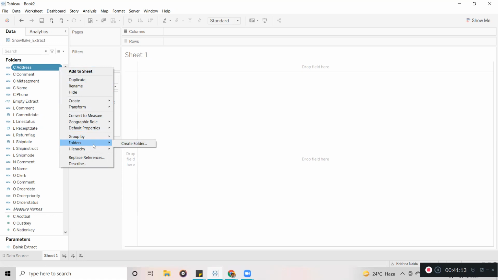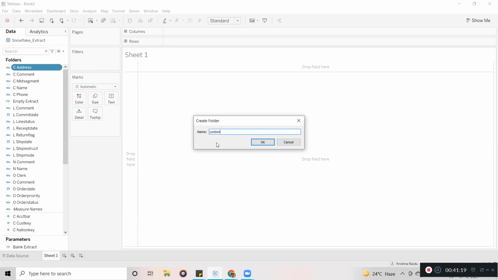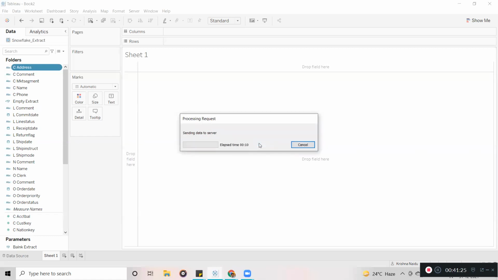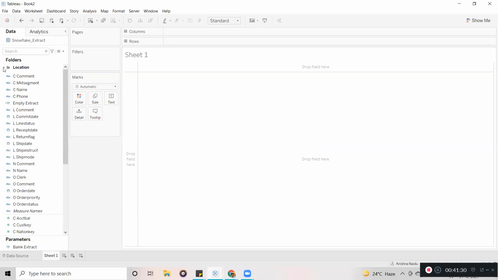I am going to click on this, create a folder. Here I am going to create a folder named location. Okay, I have given the name location. I click OK. Now you can see one folder is created, location.